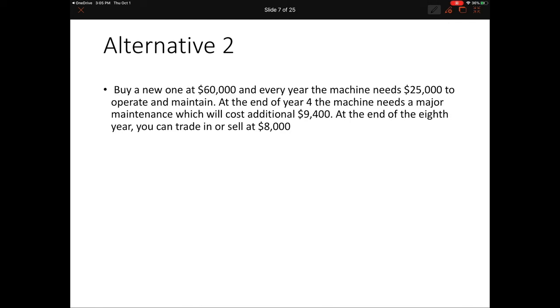So now let's do the same thing to option 2. Okay, first we draw the diagram. We draw it here. So still 8 years. 0, 1, 2, 3, 4, 5, 6, 7, 8. So at the beginning, you want to pay for a new machine, new equipment, which is more expensive than the used one,